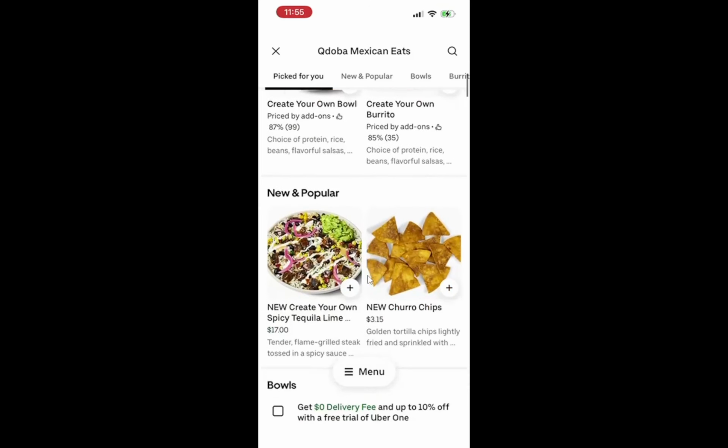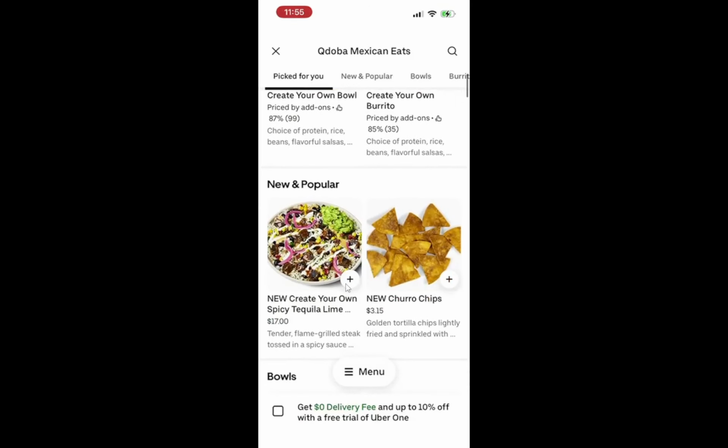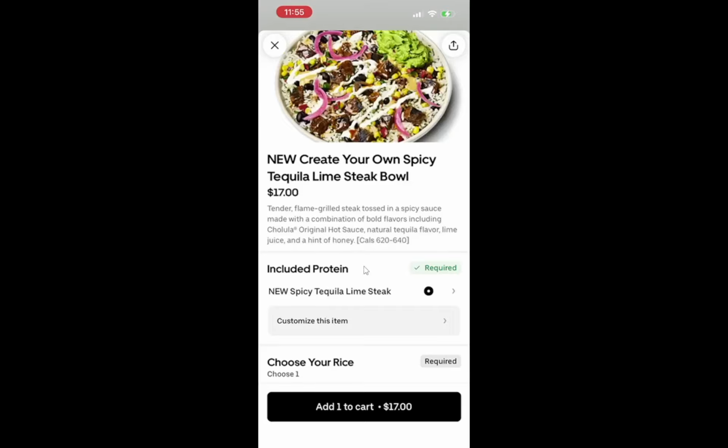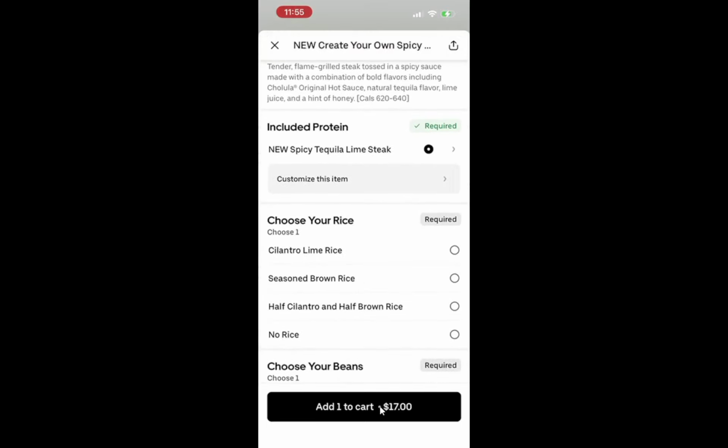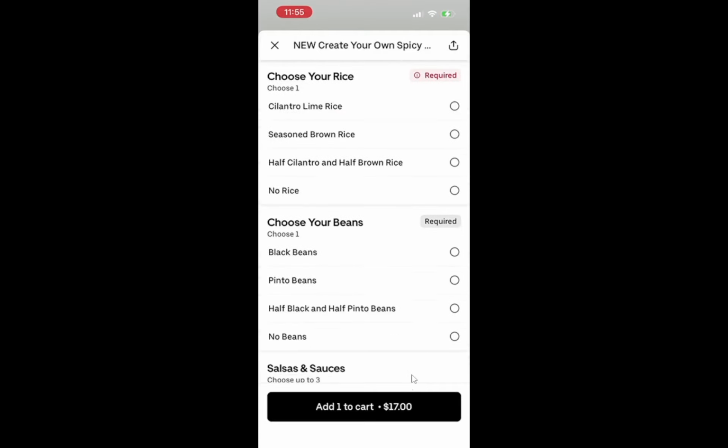Scroll up and down to see different sections and items, and tap a category to jump right to it. Each item usually shows a short description and price so you can compare choices without opening every option. Next up, choose your food and customize it, such as your entree, protein, toppings, and sides.